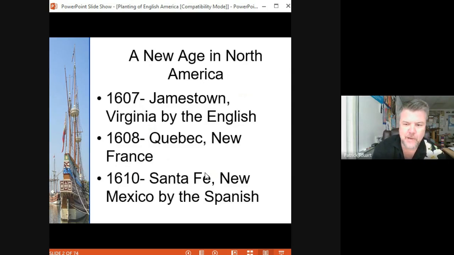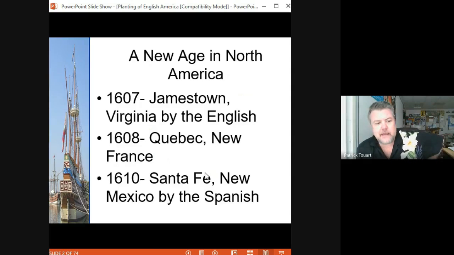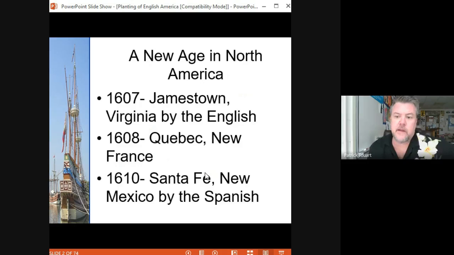Now, at about the same time, the French settled their first major outpost in the New World, and that was then called Quebec. Today, it would be Quebec City, the old capital, but it's Quebec in Canada. That's what New France is, the year after Jamestown. And in what is now the continental United States, the Spanish reassert some authority in New Mexico. So keep in mind, St. Augustine was already in existence, 1585, but these are kind of like the three big dogs of North America, excluding